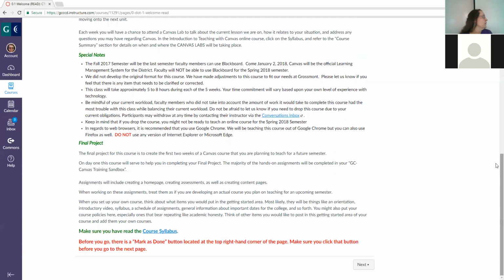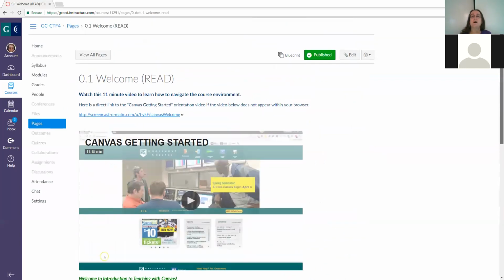Do make sure that you have read the course syllabus. It goes into nice detail about what's expected. And notice here at the very bottom, it says, before you go, there is a Mark as Done button located at the top right-hand corner of the page. So if you go up to the top of the page,